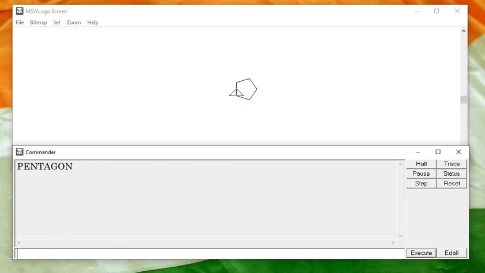Now again I want to load another procedure. So I type here repeat 4 pentagon space position, because position is also saved in that file. So I type here position and so you can see here our output.